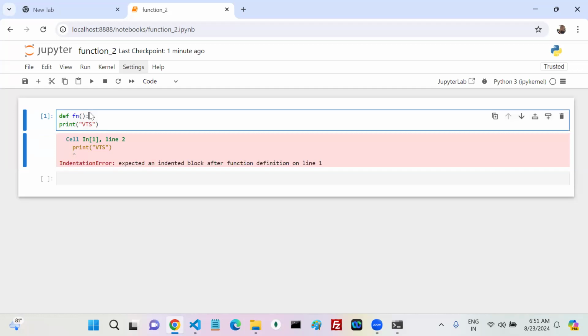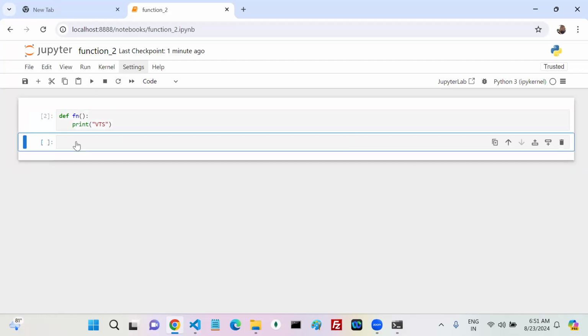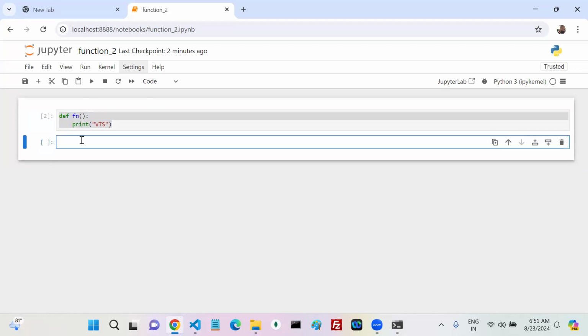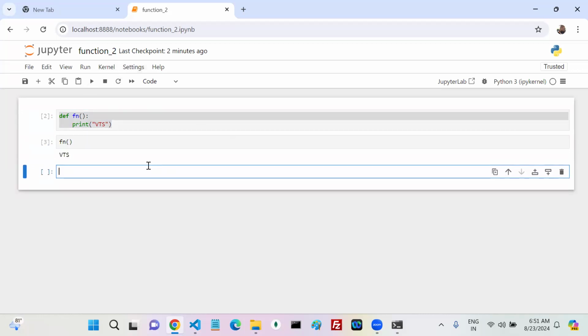Yes or no? Okay, now when the answer is VTS, if you follow the indentation, now there is no error. But when can you get the VTS? When you call the function. Whenever you call it, right? Did I call the VTS in the past? No, right? Yes or no? Okay. Then the next one.